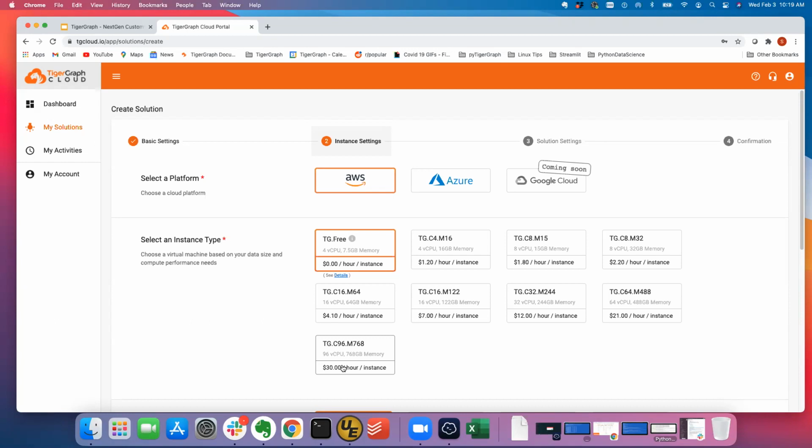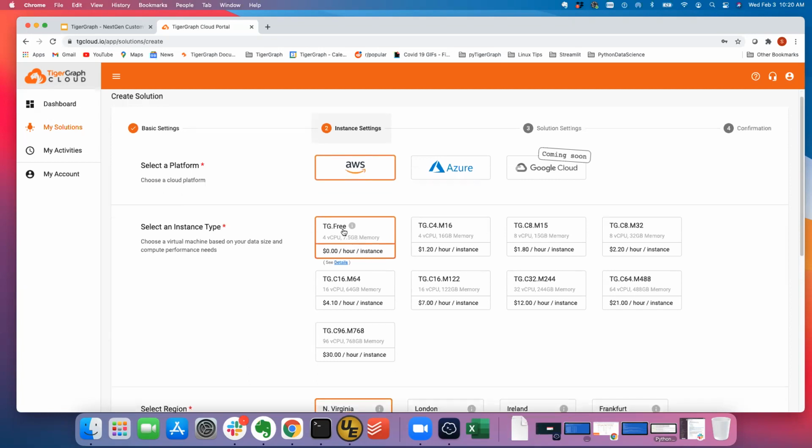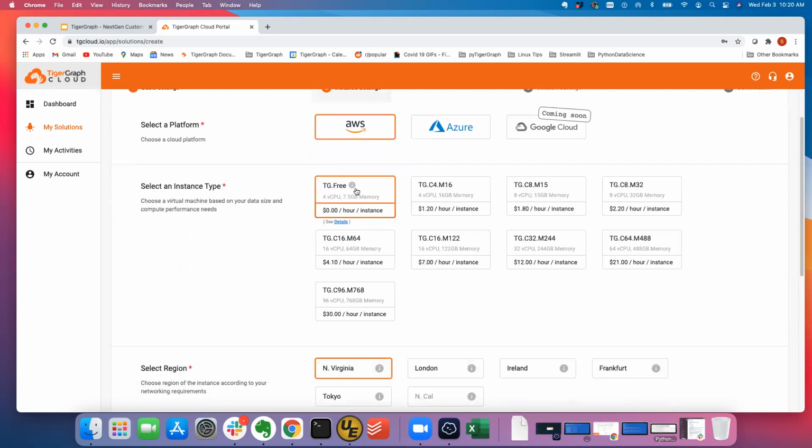In all of these cloud environments, you can manually go through and launch EC2 instances and install TigerGraph through the manual way. All of these instances you can actually purchase and run TigerGraph through their marketplace. This option allows you to launch it in our software as a service environment, but all other options are still available. For today, we will choose AWS,